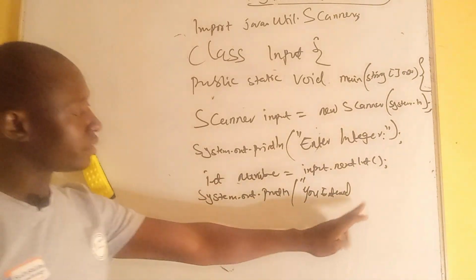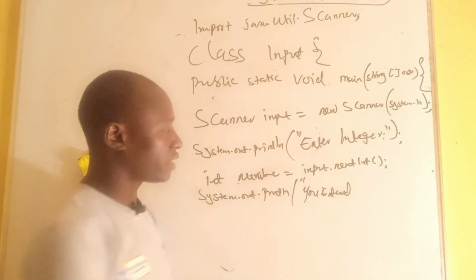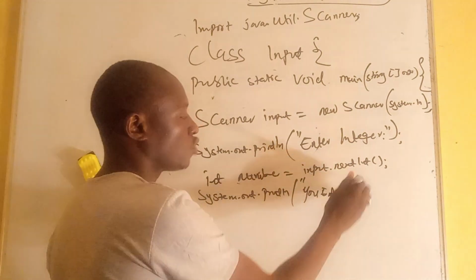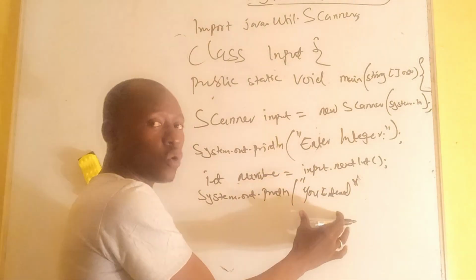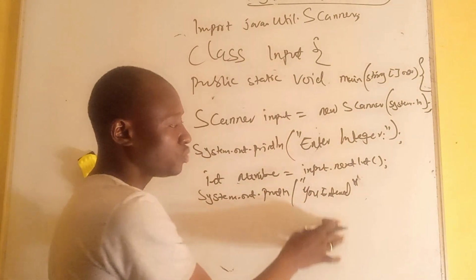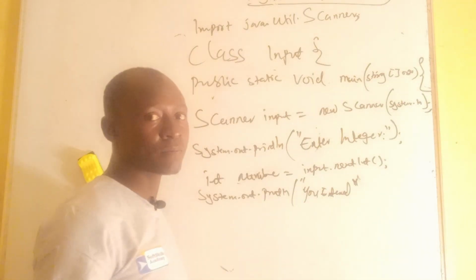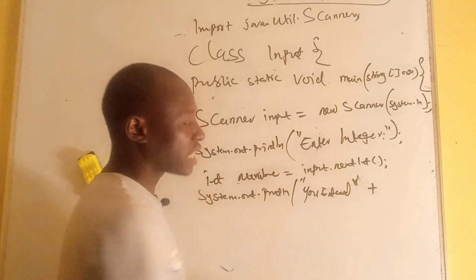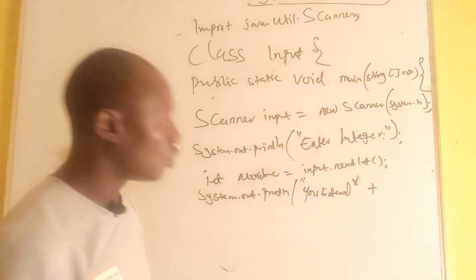What you are going to do, you are not just going to leave it like this. So you are going to close this because this is a string, and so your string normally, if you remember, is going to be within a double quotation. So you are going to use a concatenation operator, which is what? Plus sign. Plus sign is used to concatenate what you have entered here